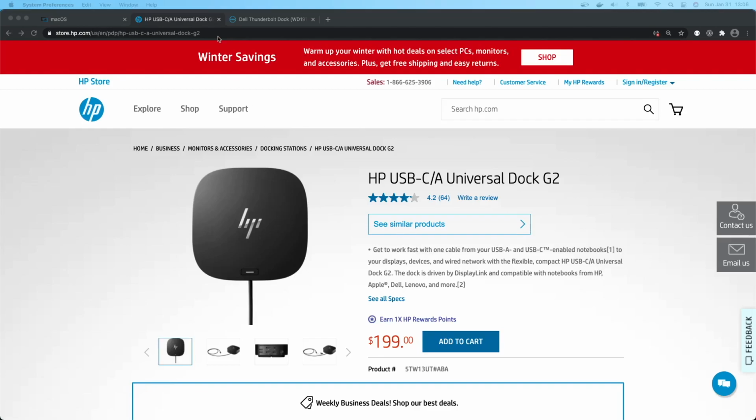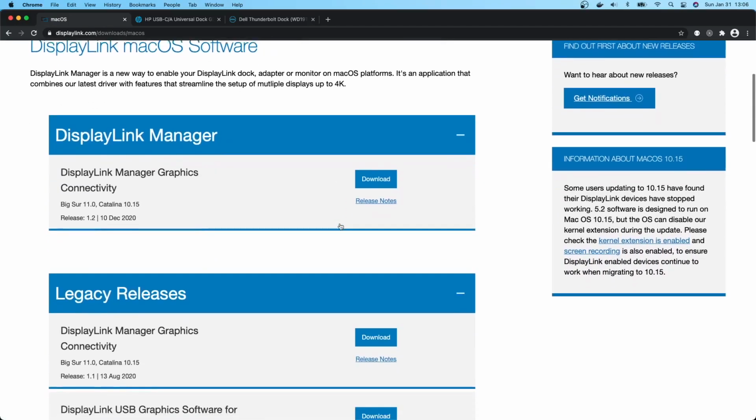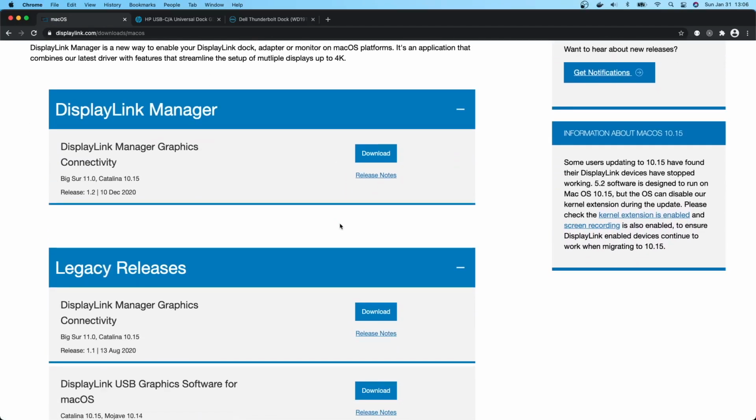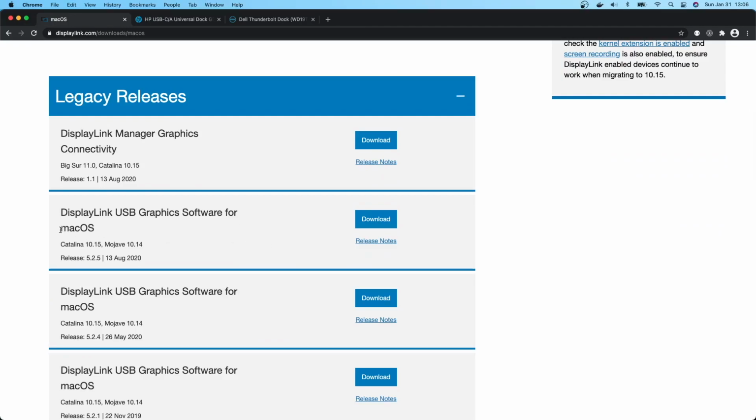So when I switched over to Big Sur, I went to the DisplayLink drivers website, and your first instinct, especially if you're in a hurry and you want to get things done quickly, would be to download the latest driver for Big Sur, release 1.2, dated 10 December 2020. Well, that won't work. Okay, what won't work? What worked for me, and continues to work for me up